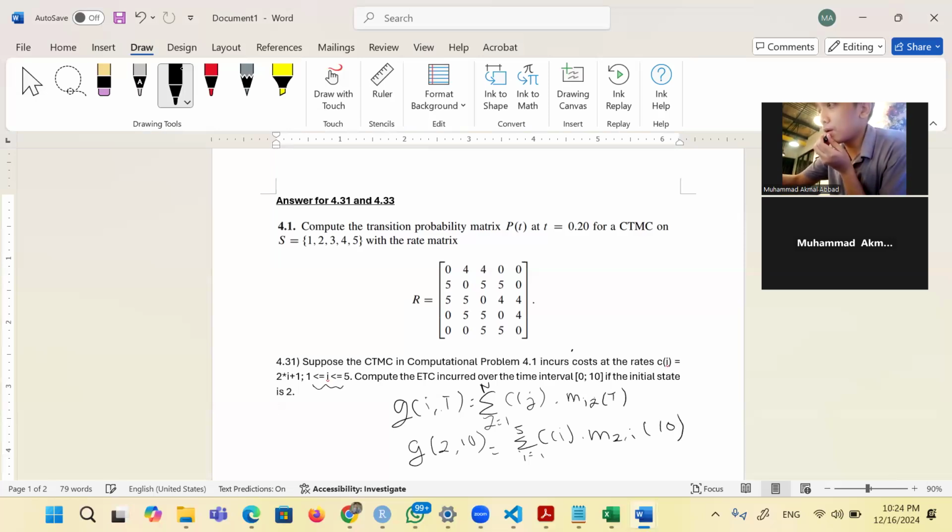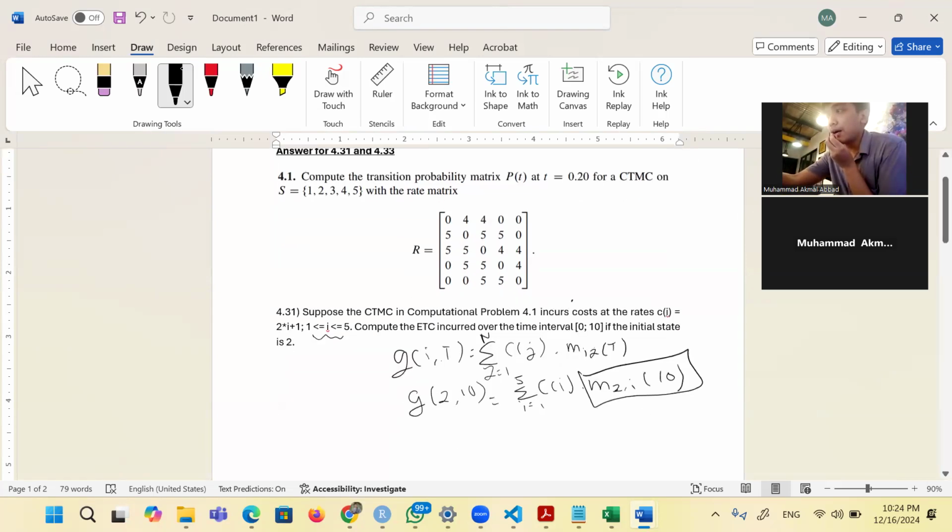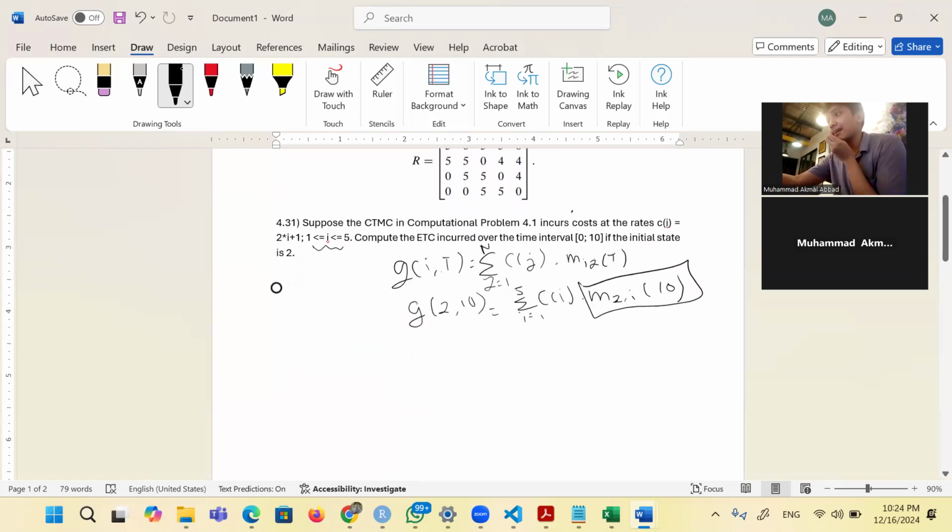Now to calculate this, we need to calculate M(2,j)(10) first. To calculate it, we will use Python. First, we will calculate C_i. C_i is 2i + 1. So if i is 1, C1 is 2 plus 1, which is 3.